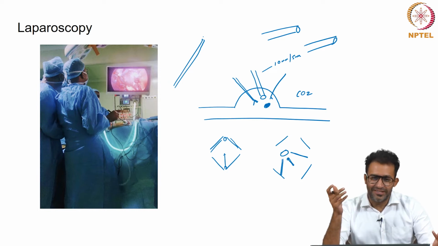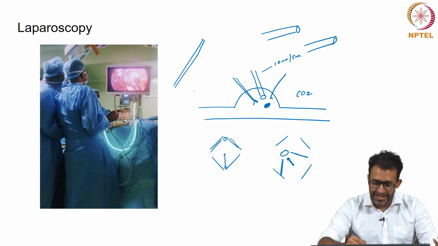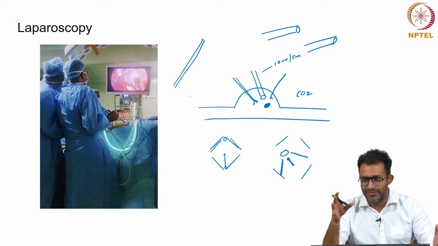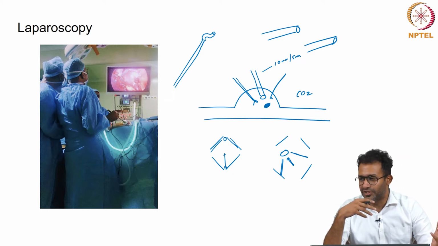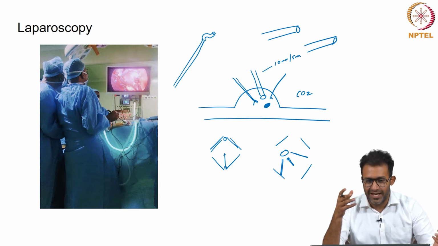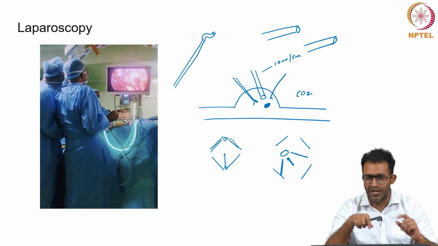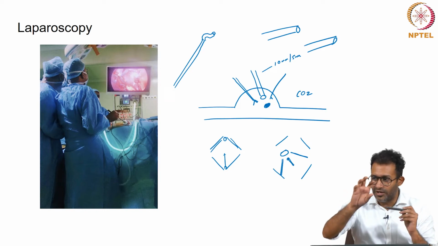So robotic surgery is essentially a kind of laparoscopy where the principles are the same as laparoscopy, except that the instrument at the end has a wrist-like motion. So what we call the degrees of freedom. The most commonly used robot is the Da Vinci robot, produced by Intuitive Surgical, and it has 7 degrees of freedom, which allows you to manipulate organs.